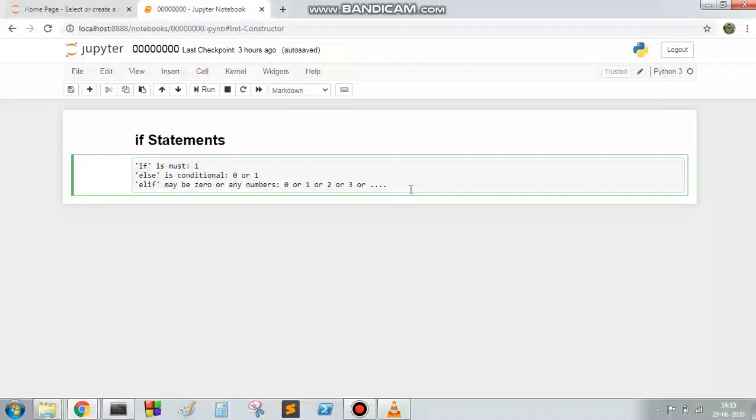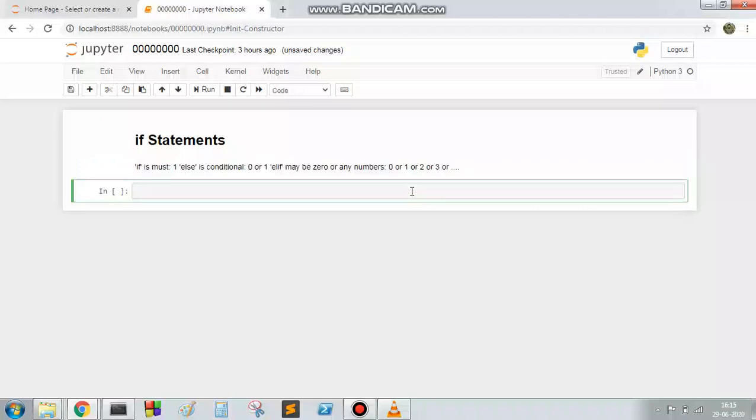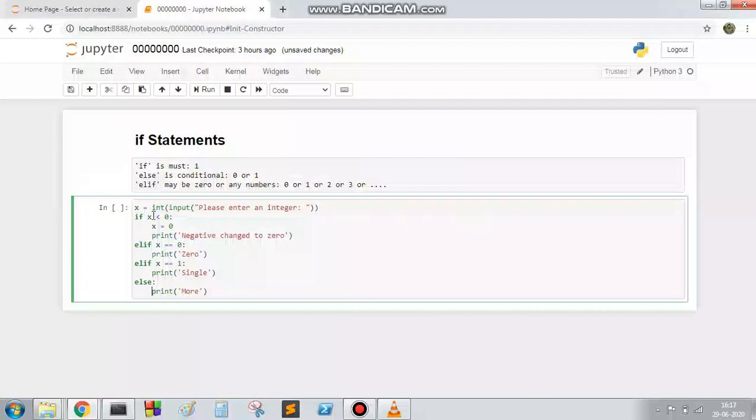Let's take an example to clearly understand this thing. Let's go through this code. In this case, I am taking a user input and typecasting it to an integer value, and the value is stored in the variable x.